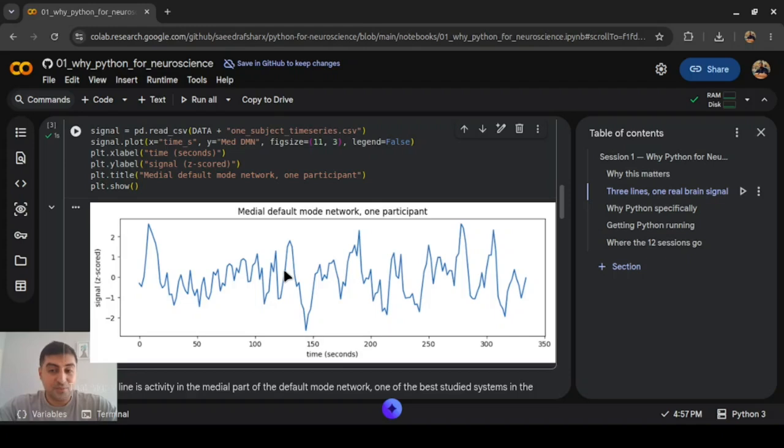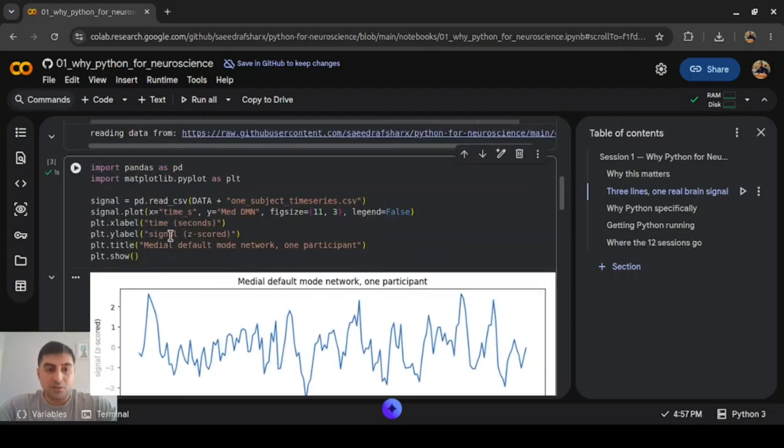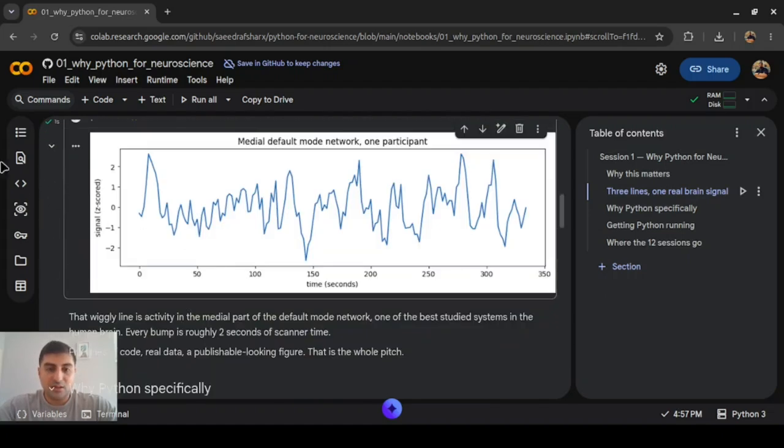Talked about it a lot. It's actually very interesting, but there are other networks as well. Basically, because it is one of the best studied, well-known systems in the human brain. Every bump you see here is basically 2 seconds of scanner time, the device used to scan the brain. And with basically 5 lines of code, you download the data, and here you are already starting to see what those